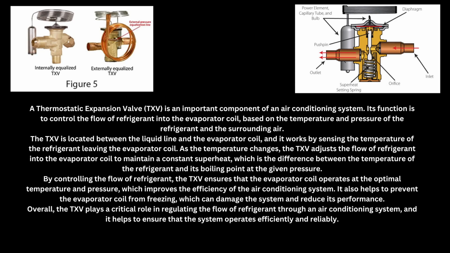As it heats or cools, the gas inside the bulb changes, and it tells the thermal expansion valve how to move the needle and seat inside it to move. If you look over to the right-hand side, we'll go over the components. Now, the power element, which is the capillary tube and bulb. On top is the diaphragm. And then on the inside, you have your push pin, you have your orifice, and then your superheat setting